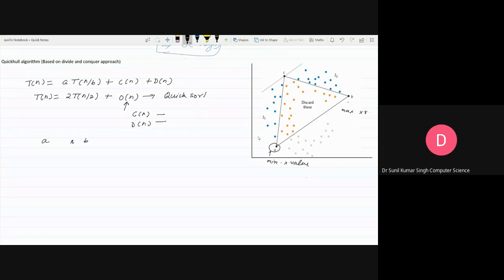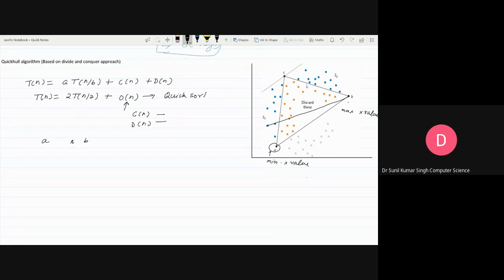Sir, the points which are nearer to where it is written S1, that have the minimum x value. Okay, so maybe you can choose this one, but in this diagram it is shown like this. S1 is not indicating a point, actually S1 is indicating the region, right? S2 is indicating the region. If you think this point has the lowest x coordinate, then you can choose this one, and in that case this line will be something like this.